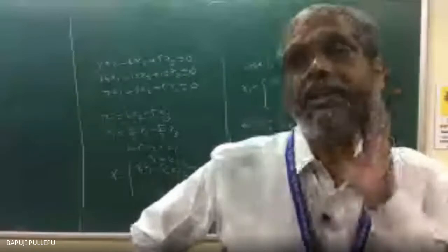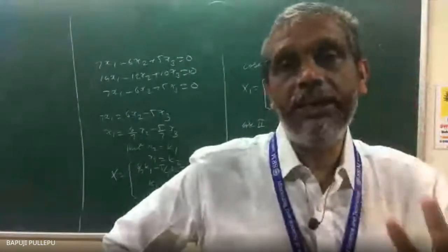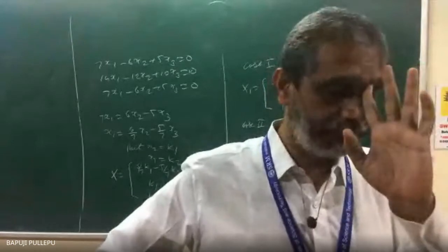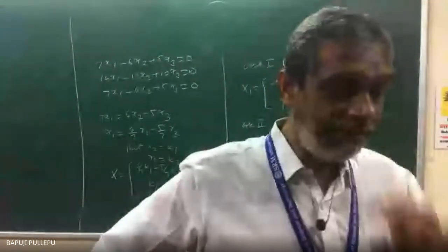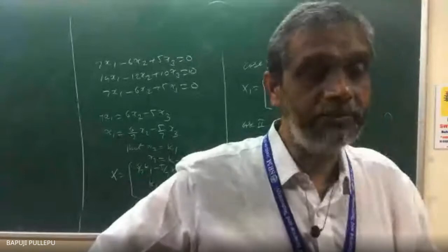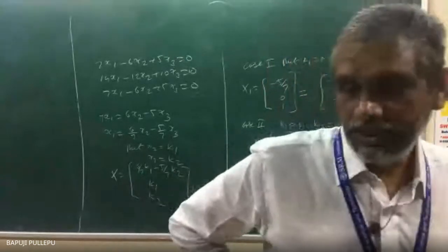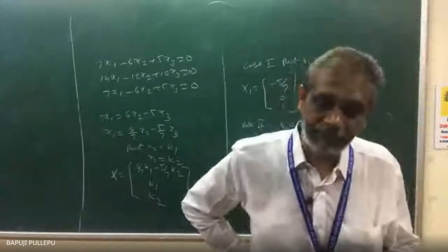If 3 different eigenvalues also, you are able to do the eigenvector. If 2 different eigenvalues also, you are able to do the eigenvector. If all 3 are the same also, you are able to do the eigenvector. Okay. Now the eigenvector story is over. After that I will come back to eigenvectors in a different story.